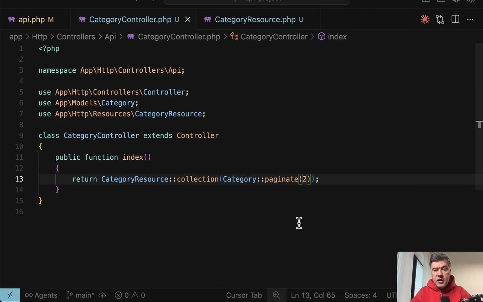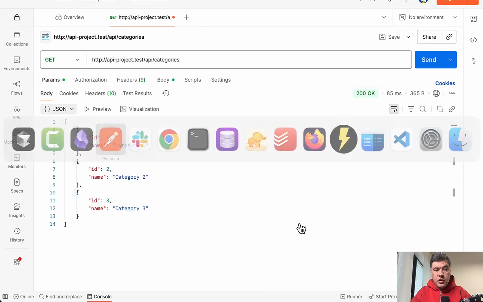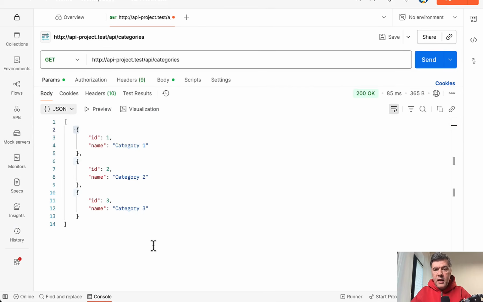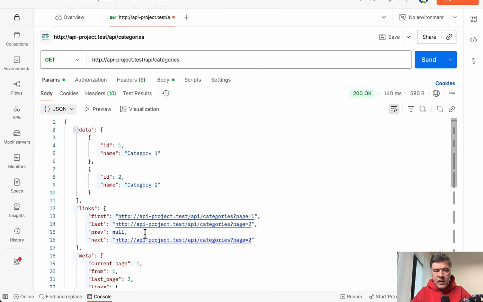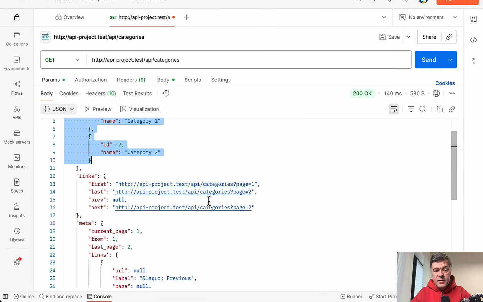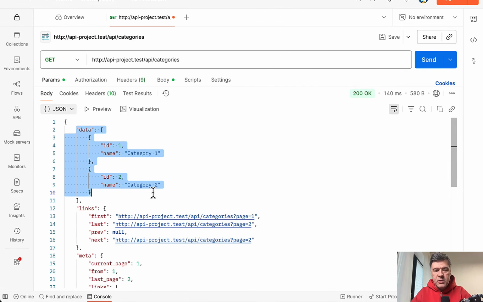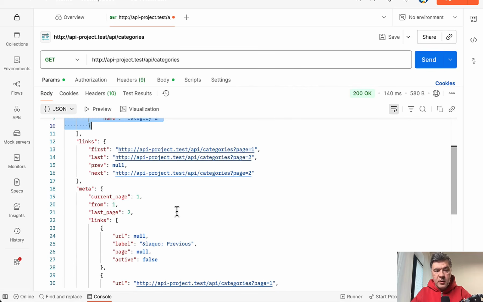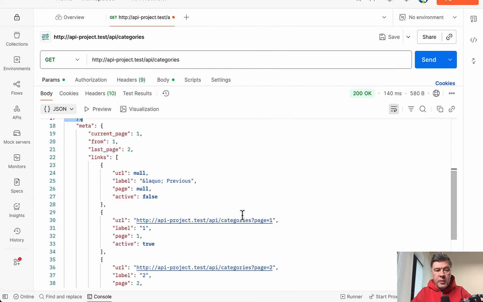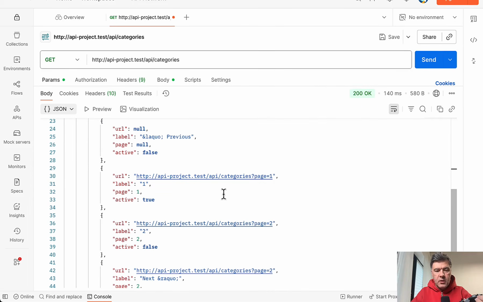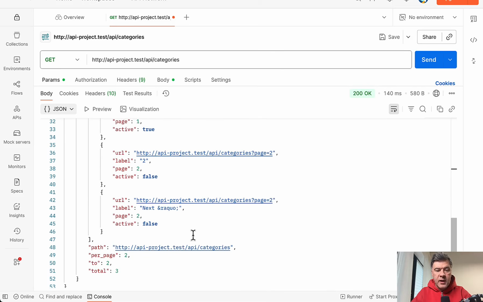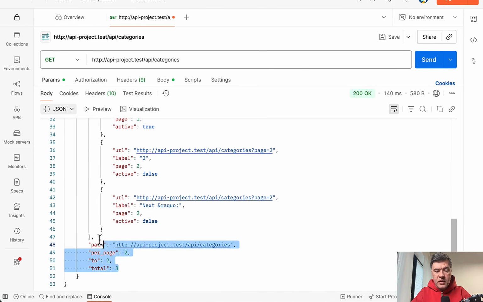Again, Laravel will take care of providing the structure and the fields automatically, and let's relaunch that and see what happens. First, we have the same data, but as you can see, 2 records only, and then this is the reason why that data separately is useful. On top of data, you have links to all the pages, you have metadata: how many pages are in total, what are the links for pages, the link for the next page, and